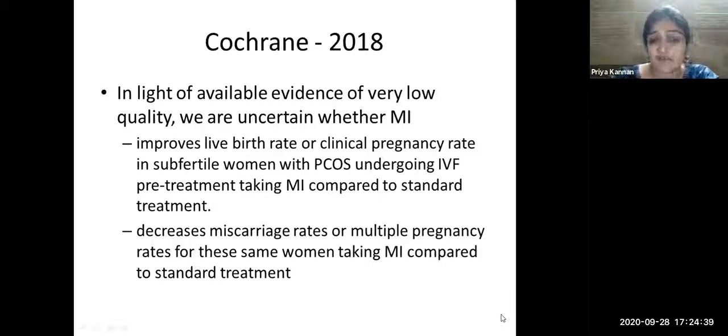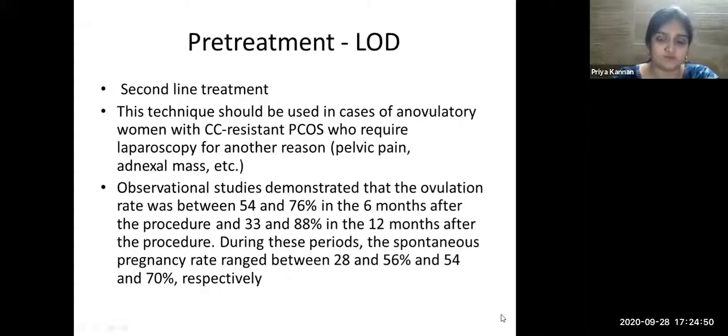So I guess we will have to have larger studies, or we all have to yet publish whatever data we have on usage of myoinositol to have more clarity on this molecule. Another molecule that has come around recently is the resveratrol. I have not included that as of now because I think it is still very much in the budding stages. We are yet to use it. So only after using it, we might have some experience on it.